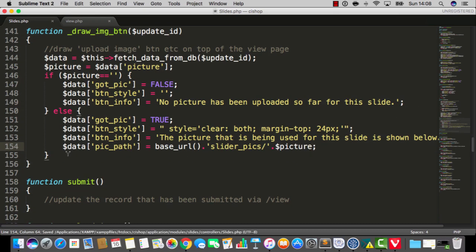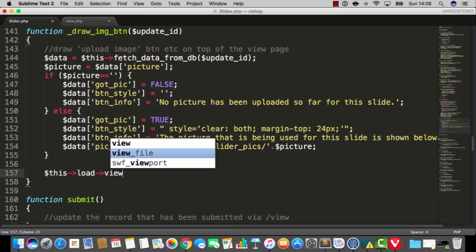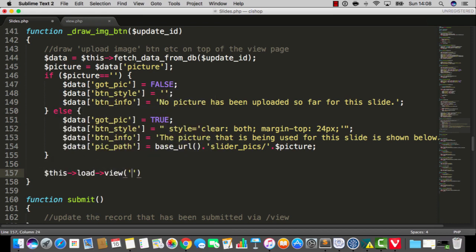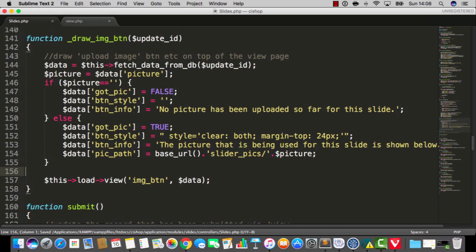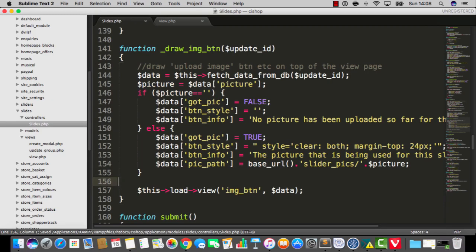Okay, so that's all going to happen, and then I'm just going to say this load view img button passing in data, and once again it's badly named. It would have been better if it was called image stuff or something, I don't know, but don't worry about it. Here we go. So we'll create a view file and we'll call it